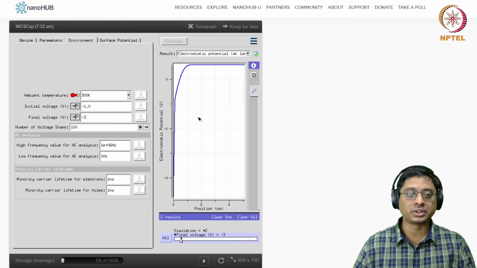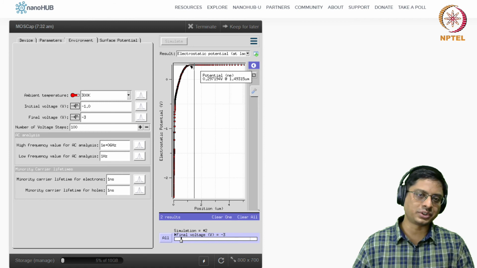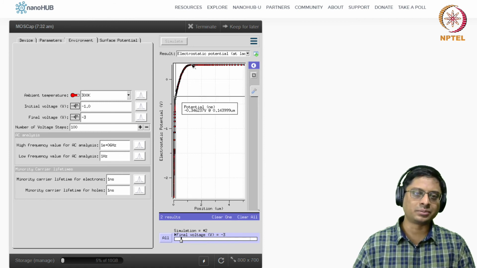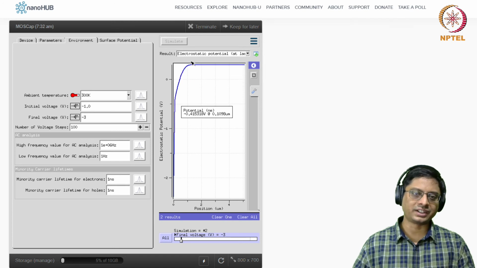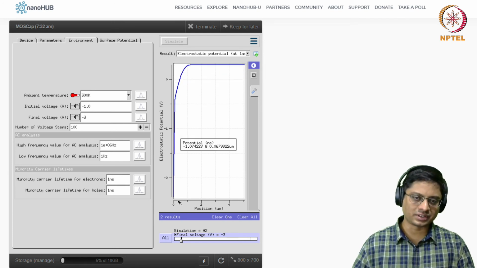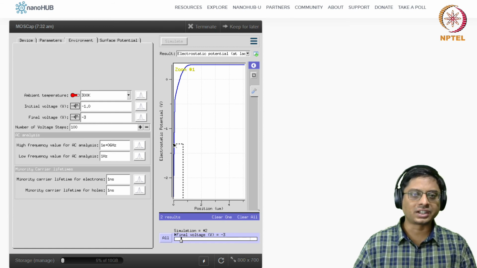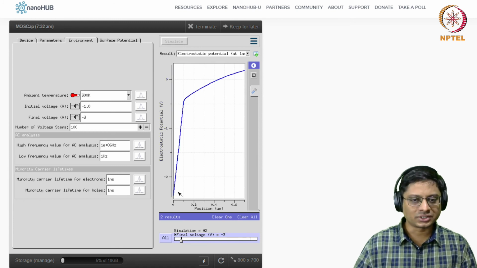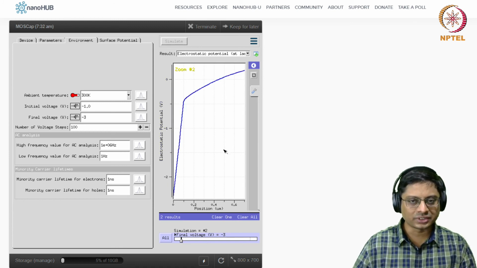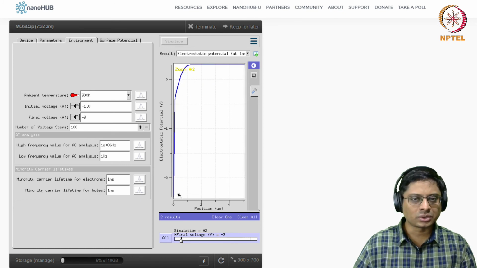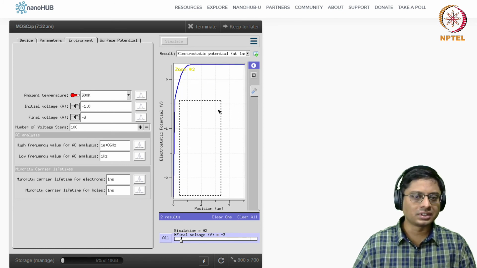We can look at the electrostatic potential. Interesting. See, I showed you that there should be a minus. The linear electric field should be like this, right? A decreasing function, linear here, and then there's a sharp change here. Sorry, yes, the electric field should be linear, and then in the oxide it should be constant. Let's check it out. Well, it's too close here. We are not able to distinguish. It's too close. Electrostatic potential.